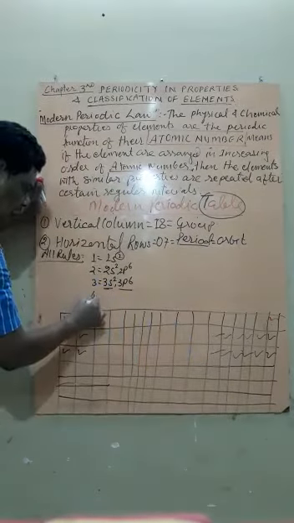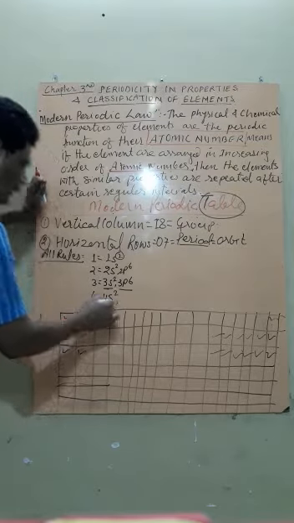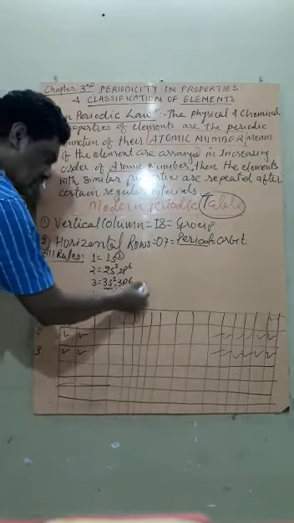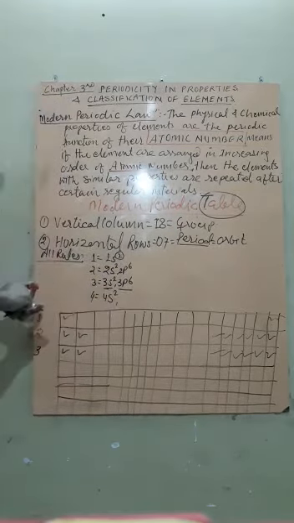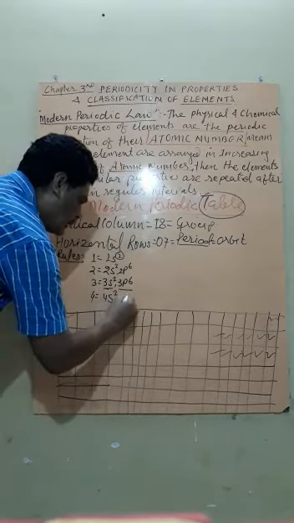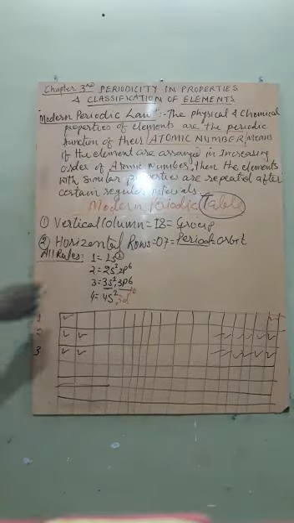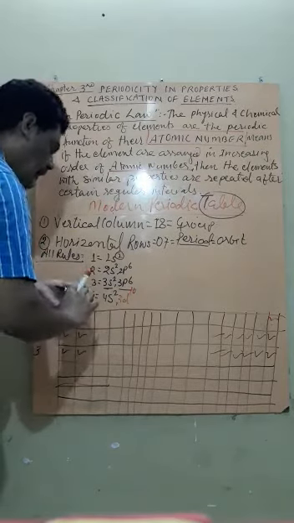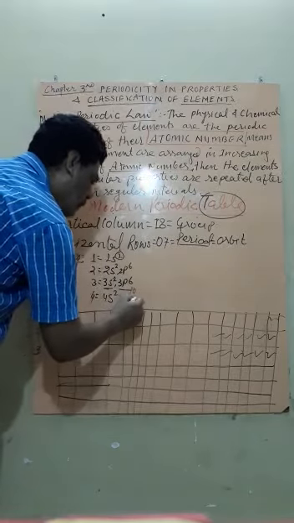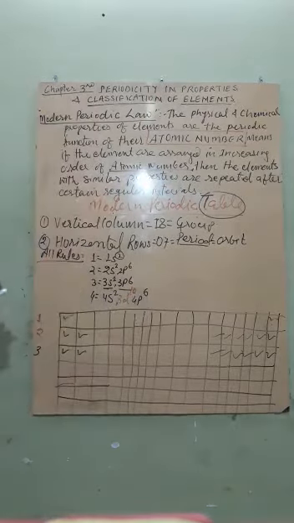Now the fourth one is 4s2. But you know that the third shell consists of d, and according to the above principle, the 3d comes after what? 4s, and there will be how many electrons? 10. So 4s2, 3d10, and after 3d, according to the above, there will be what? 4p, and how many electrons? 6 electrons. So start filling.